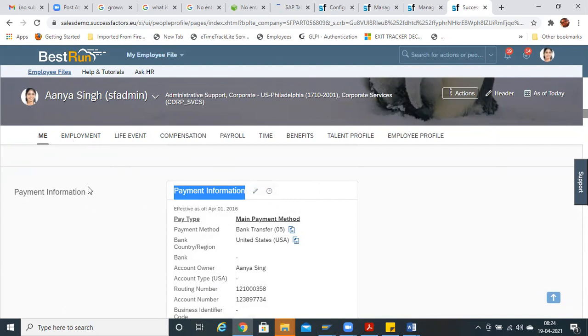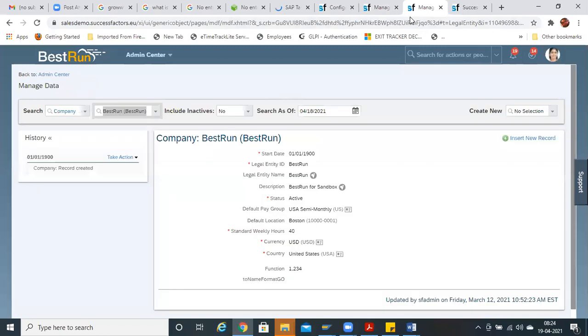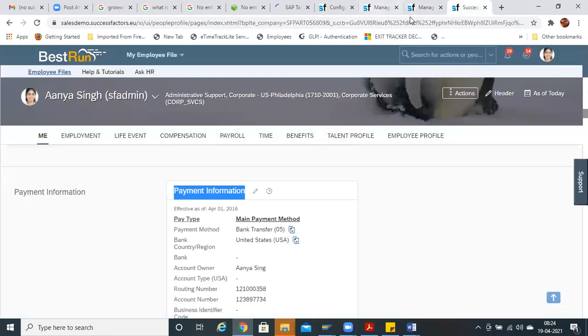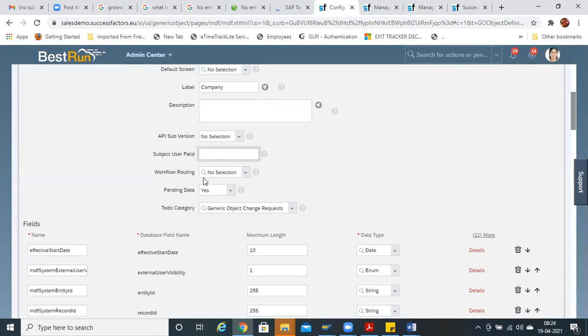But any custom MDF objects, for example payment information, legal entity will not be mentioned over here. Payment information and so on you want to mention separately under a different portlet here.